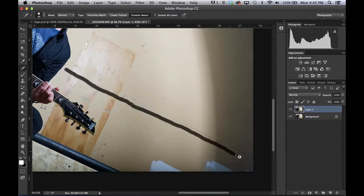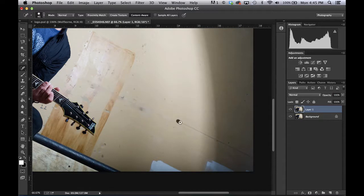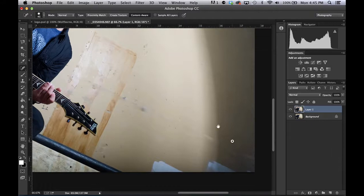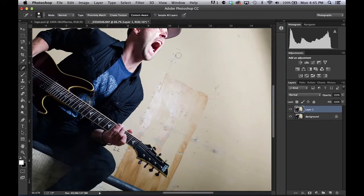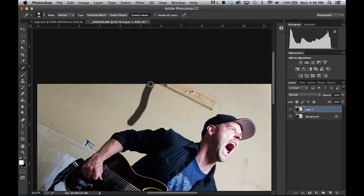Great thing about the Content Aware here is you could be fairly sloppy, and it is one of many ways to fix these sort of things. But given the way the lines are in this shot, this is by far the easiest way. So you can be as detailed or as sloppy with this as you like. I'm just going to get the main ones out of here so at least the final product looks fairly decent. Oops. And you see we have this big 2x4 up here, and sometimes Content Aware doesn't like the big ones,